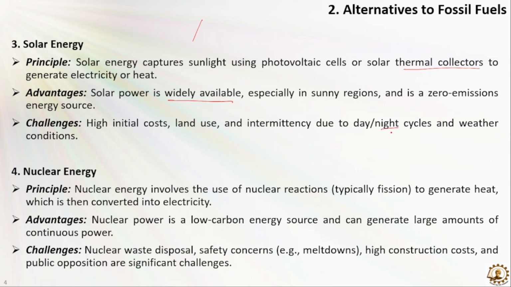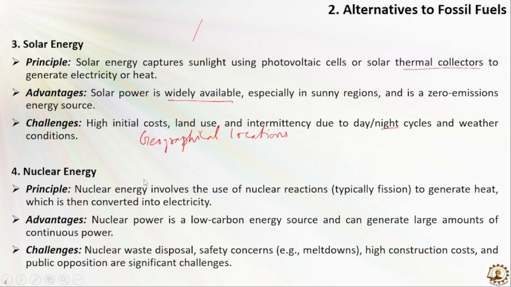Also, there is a limitation of geographical location, because we can use the sun's radiation only where the radiation is higher. If the radiation is higher, then we can get more electricity. So it is only effective in zones close to the equator, but we cannot use it close to the northern pole or southern pole. In that situation, we cannot use the solar panel, or harness electricity from solar energy. So there is a limitation of geographical location.